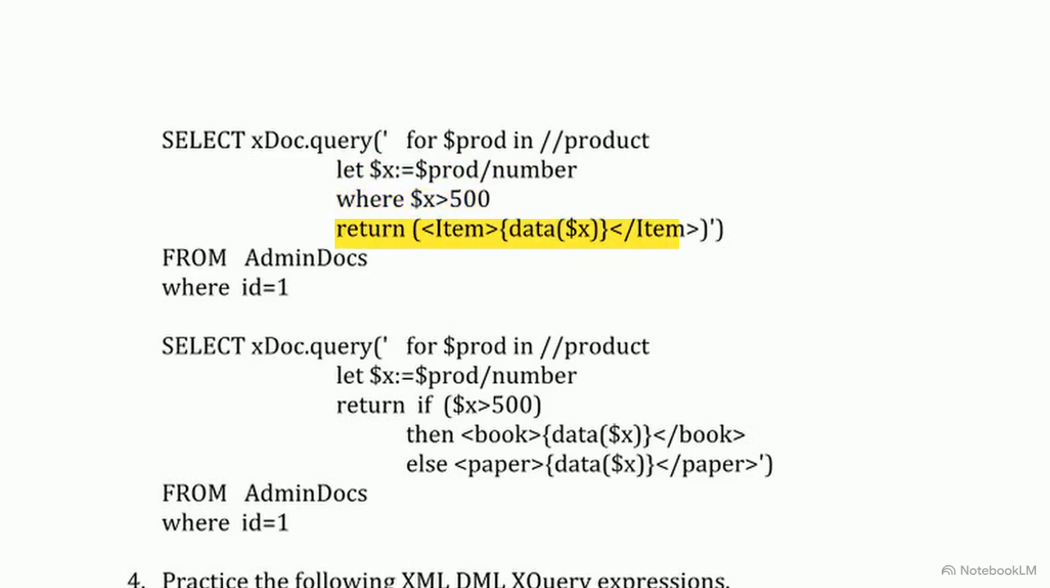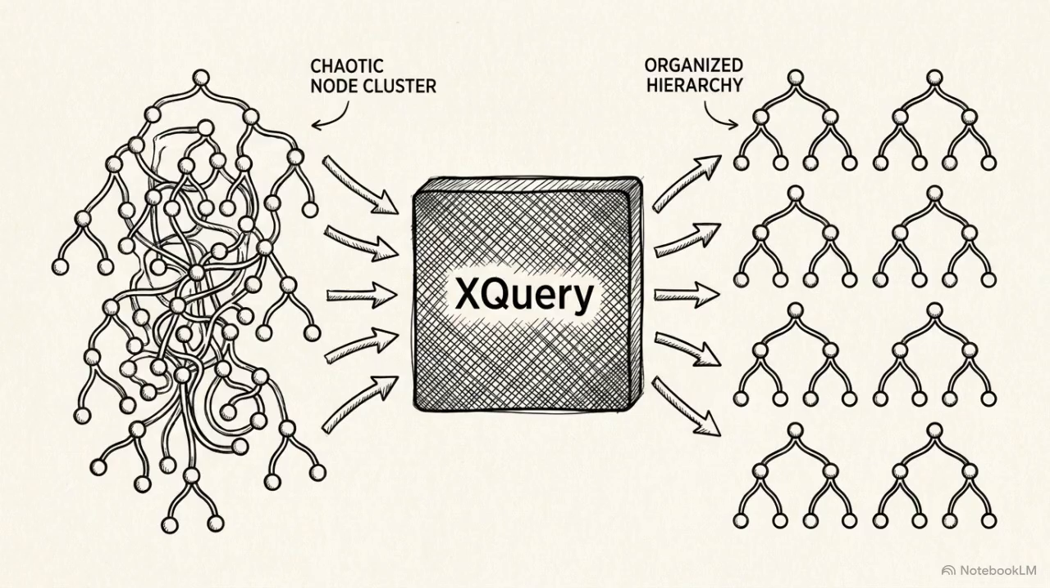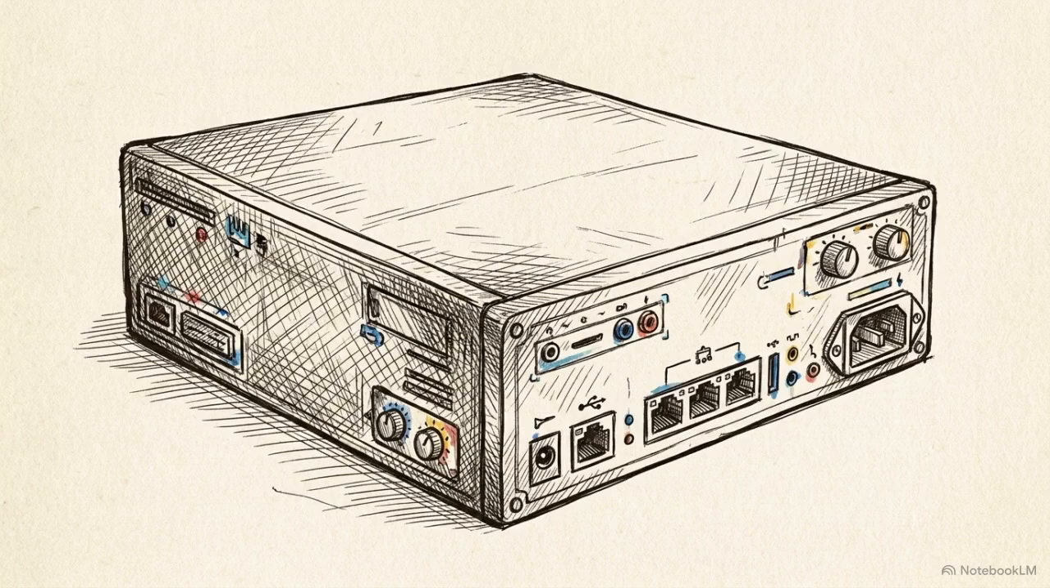Finally, the return statement takes the filtered data and constructs new XML around it. It wraps the resulting numbers inside an item tag before outputting the final result. FLWOR expressions effectively bring the analytical power of SQL to hierarchical graphs, allowing for real-time data transformation without altering the source document. Regardless of the data model, relational, ORDB, or XML, the retrieval of data is ultimately governed by the